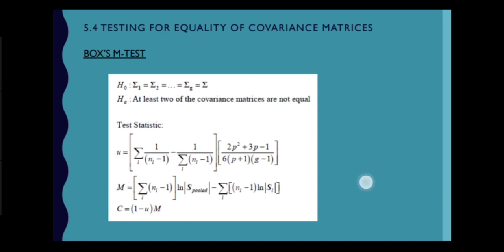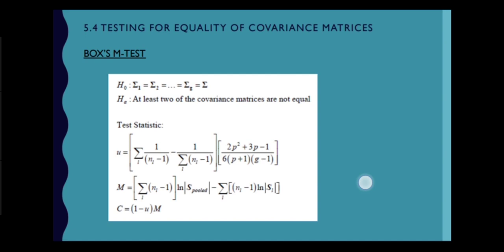Okay, so before we find the pooled covariance matrices, when comparing mean vectors, it can be worthwhile to test the equality of the population covariance matrices. So we can use Box's M test to test the equality of